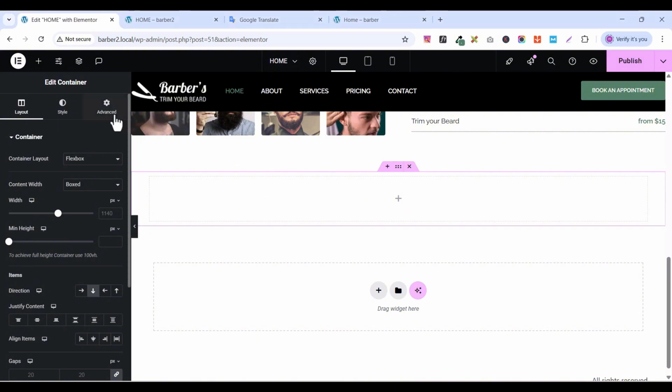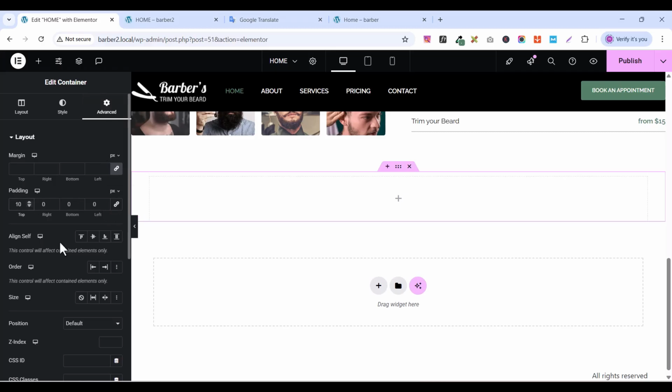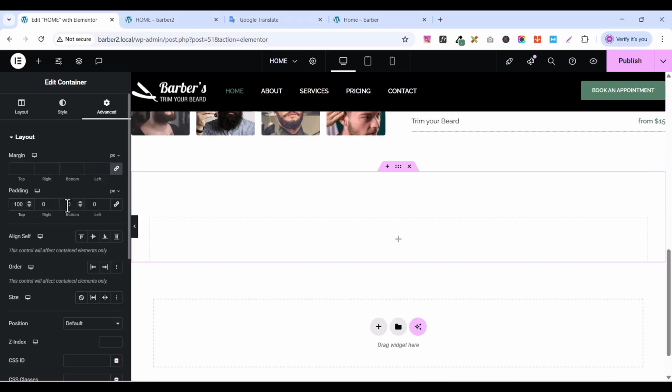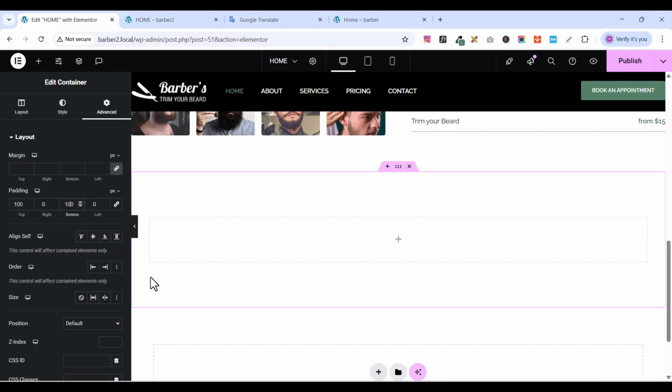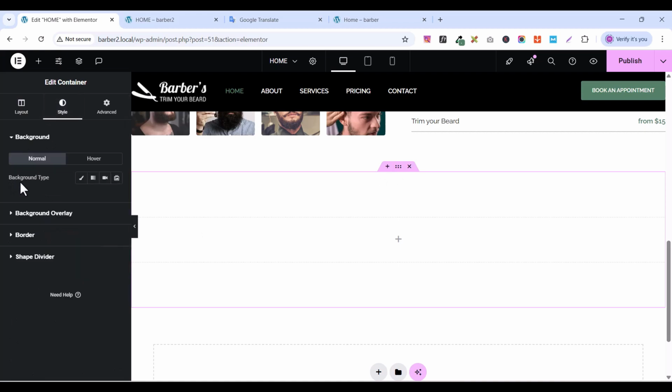Select that section, go to advanced, remove the padding. Let's give it a padding of 100 here, and at the top, at the bottom here too, 100, and publish it. After that, go to layout. On the width here, give it 1300 like this, and we are going to give it a background image by going to style, come to background